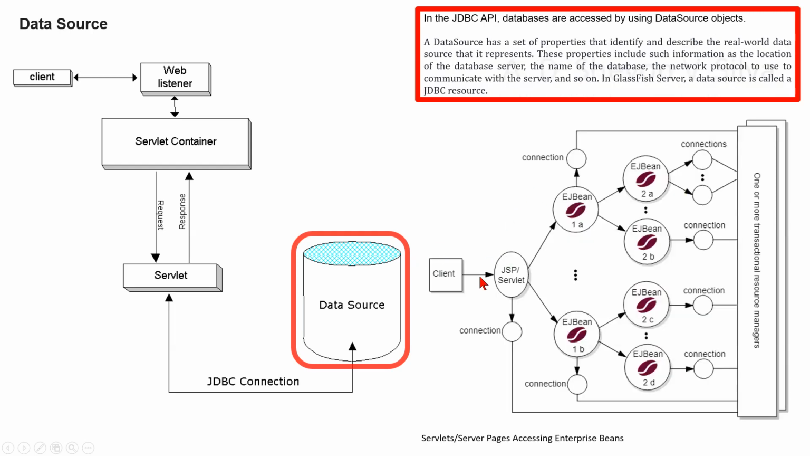Here you can see servlet and server pages accessing enterprise beans. This is with transaction management. Product providers must transparently support transactions that involve multiple components and transactional resources within a single Jakarta EE product. This requirement must be met regardless of whether the Jakarta EE product is implemented as a single